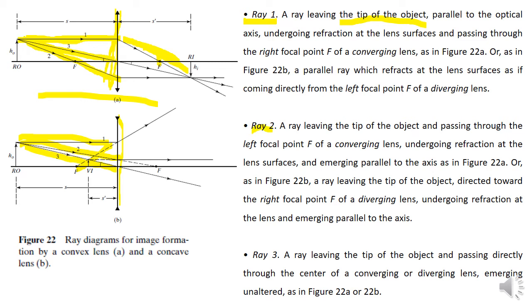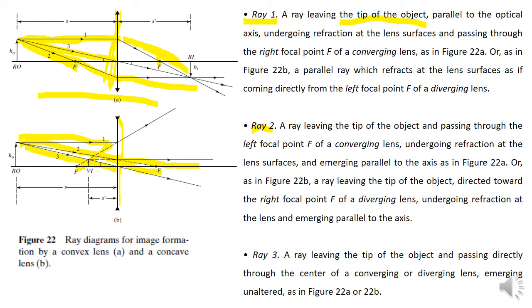The second ray, which is a ray leaving the tip of the object and passing through the left focal point, as you can see here, is passed through the convex lens, and when it is passed through it, it will go parallel to the optical axis. While in case of a concave lens, when a ray which is initially going in the direction of the right focus point, as you can see that it is traveling in this direction, towards the right focus point, passes through a concave lens, after passing through the concave lens it will go parallel to the optical axis,